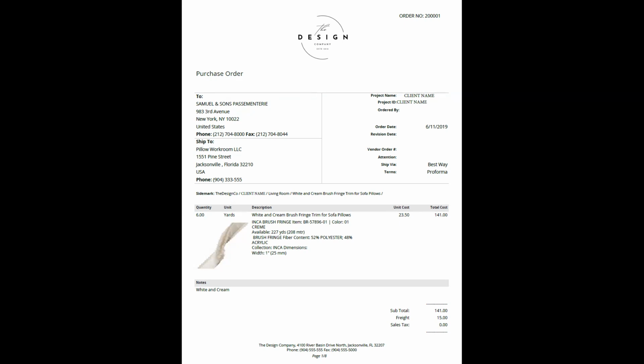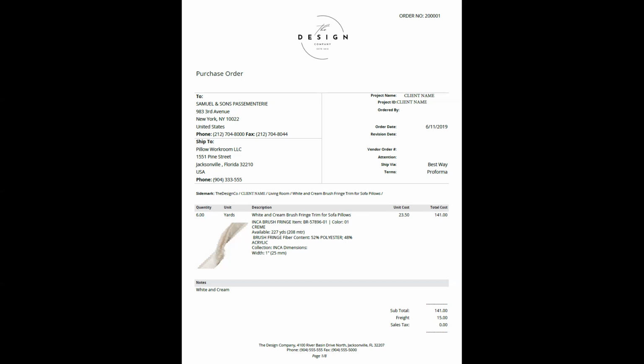Now, sometimes designers want this stuff shipped directly to their design firm so that they can check it and make sure that the correct material came in. For example, if for some reason a digit got messed up, either going from the specification documents to the creation of the purchase order, it was an error by the designer, or it was input in error by the person entering the order at the manufacturer's end.